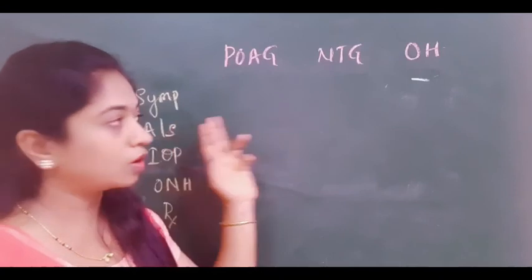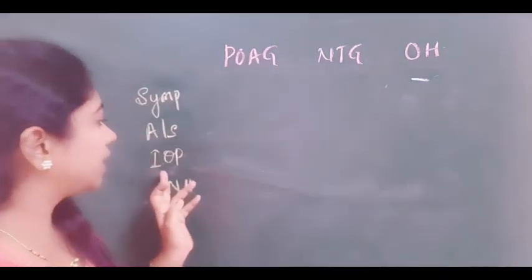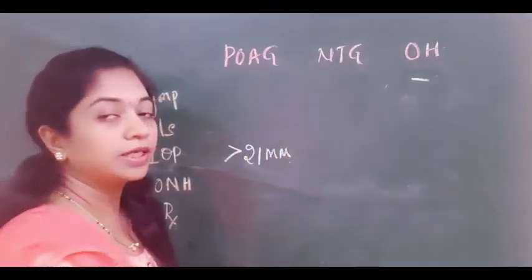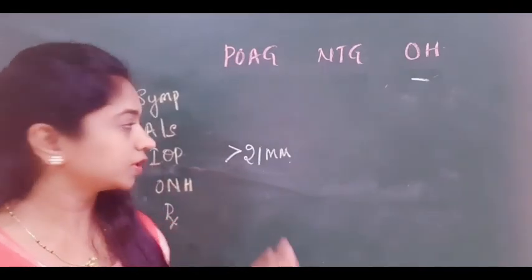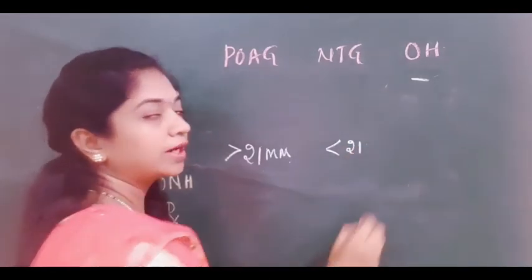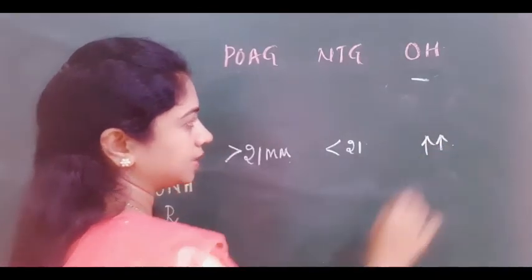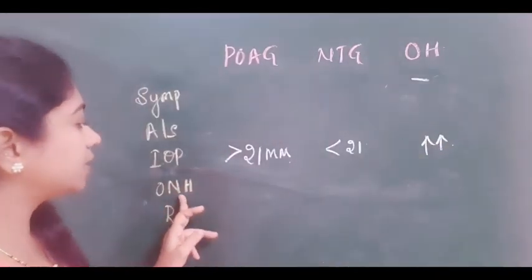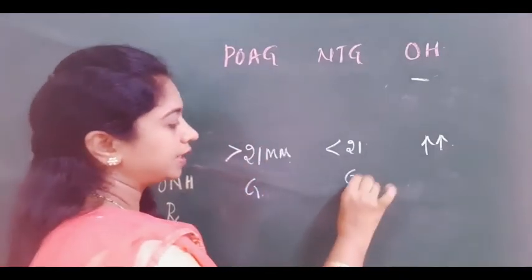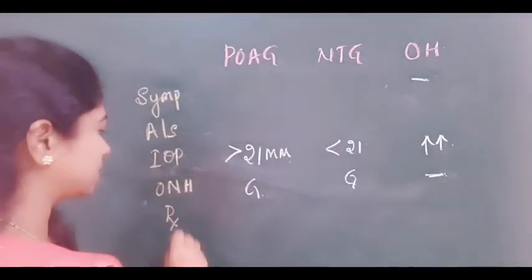Anterior segment examination, all of these will show normal anterior chamber depth, otherwise it is not significant. Coming to the intraocular pressure, it is more than 21 mm of mercury on at least 2 occasions in POAG. In NTG, it is always less than 21 mm of mercury. In ocular hypertension, again the IOP is increased. Whereas in optic nerve head changes, there are typical features of glaucoma in both POAG and NTG, but there are no features of glaucoma in ocular hypertension.